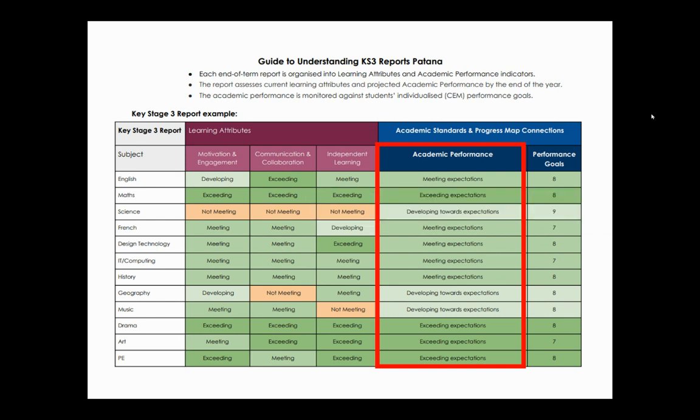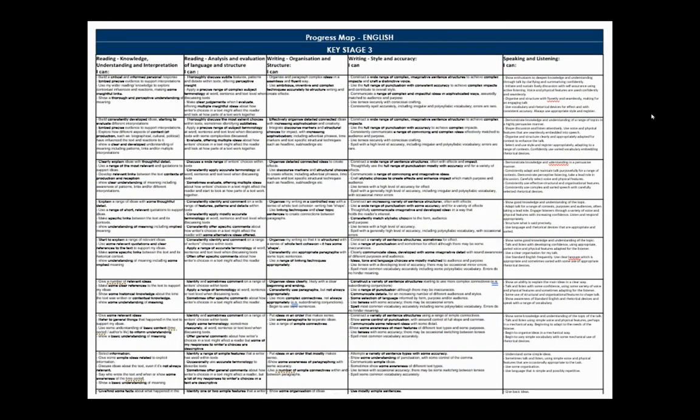The academic performance indicators are projected assessments. They are based on the teacher's holistic professional judgment on where they believe you will be at the end of the academic year. Teachers use a progress map to help them with this. The progress map is an in-class assessment tool that describes the learning journey from Year 7 through to Year 9. Each subject has developed their own unique progress map as a step-by-step guide, setting out the standards, or learning descriptors, to help you understand where you are on your learning journey, and more importantly, help you identify the next step